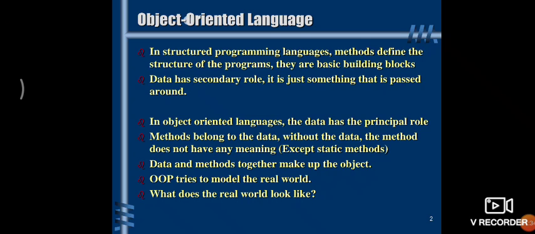Whenever we develop a very complex structure or application, there are a number of objects. Imagine you are developing software for a library management system, hospital management system, or any school management system. In a hospital or school, there are a number of objects and classes associated with it.